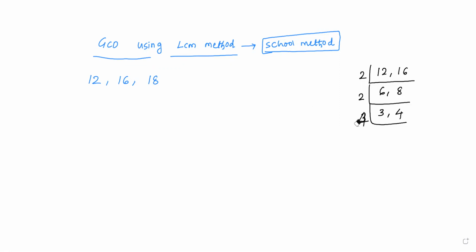So whenever we face this kind of situation, at that step we can stop the procedure. There is no need to go on up to 1. The 3 table, 1 times, 4 times, again the 4 table, 1 times, 1 times. Up to this, there is no need to go on. What is the LCM rule? Wherever the divisor is not dividing any two numbers of the given question, then you can stop the procedure. So our LCM here becomes 2 into 2 into 3 into 4. Okay, clear? Clear.